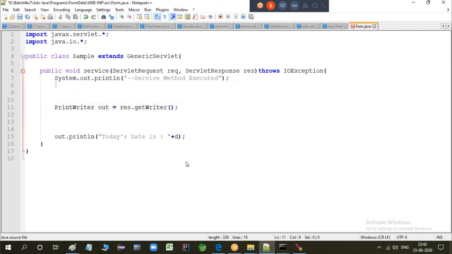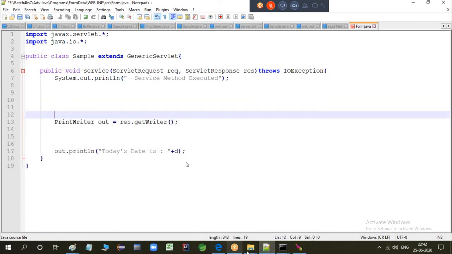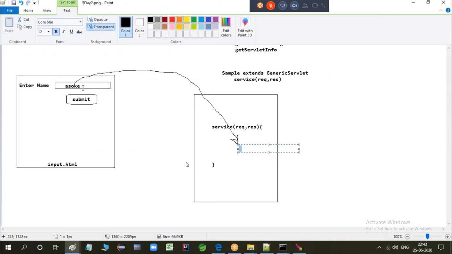To read the name, I have one parameter. Now this service method, who is sending the request to the service? The request is coming to the server. So whatever name I'm entering here is stored inside the request object, and I have to open the request object and take that name.